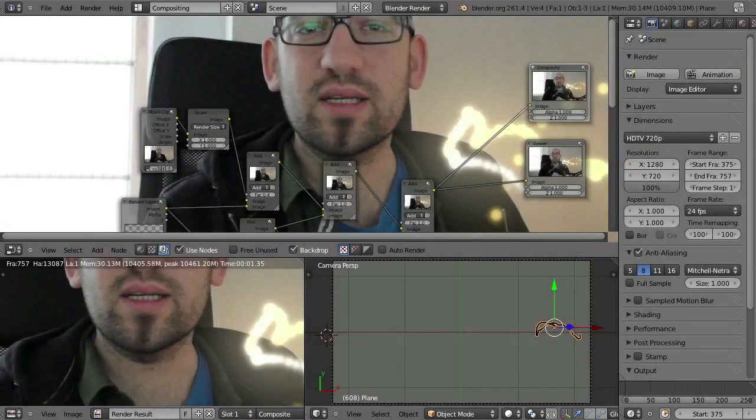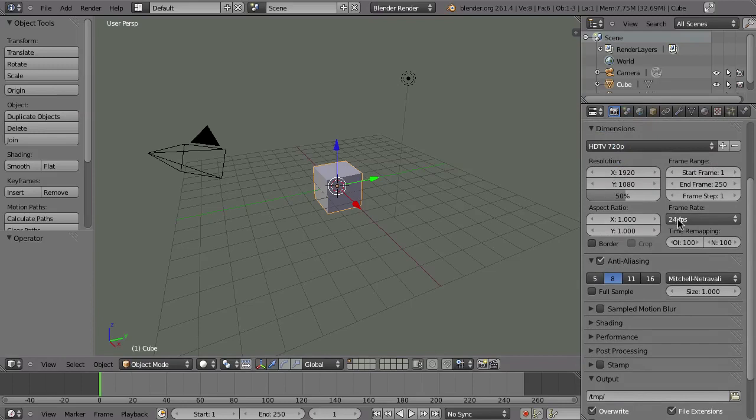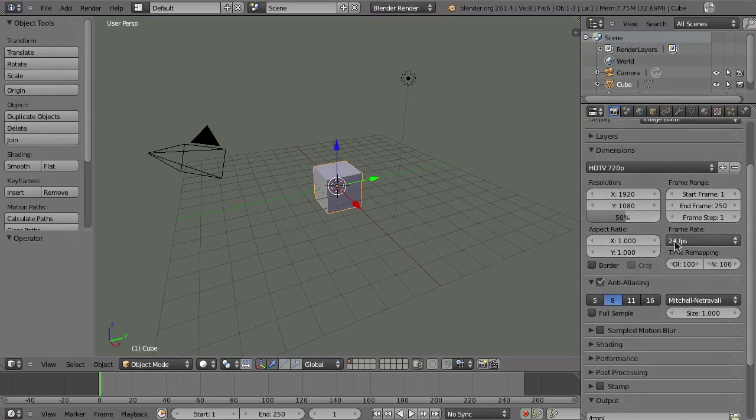Okay, so in the meantime, it has finished rendering, and since we have saved the file, we can open up a new scene, because now somehow we have to combine our rendered images, of course, with the original footage and sound, of course. So to do that, the first thing that we have to take care of is the frame rate. So the default scene in Blender is set to 24 frames per second, set here in the dimensions panel. But the footage has been shot with 25 frames per second, and it is very important that you match that when you want to put out or if you want to render a video.